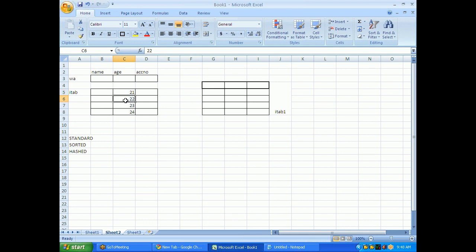If 24 is greater than the first record 23, it will go to this side; if less, it will go to the other side. Now 24 is greater than 23, and it has 2 records, which it divides into another 2 parts. Further division takes place like that. So it will be faster compared to the linear search algorithm. That is the advantage of binary search, so performance will be more.